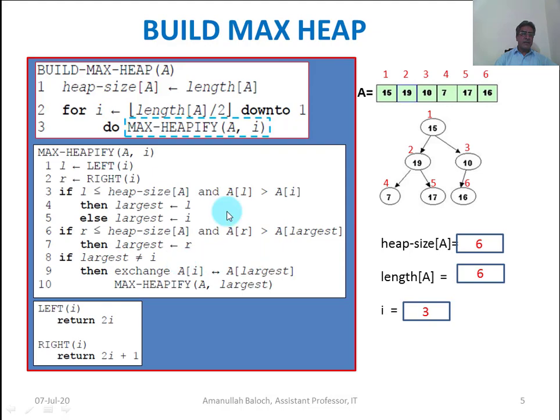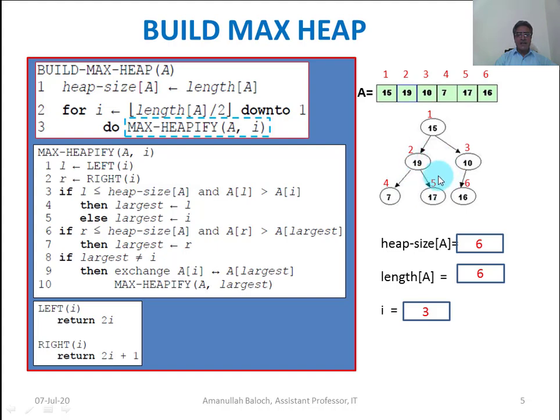That is why the loop calls max heap for I equal to 3. Then the loop will execute its next cycle. The value of I decrements from 3 to 2, and now the element at position 2, that is 19, will be checked whether it is violating the max heap property or not.